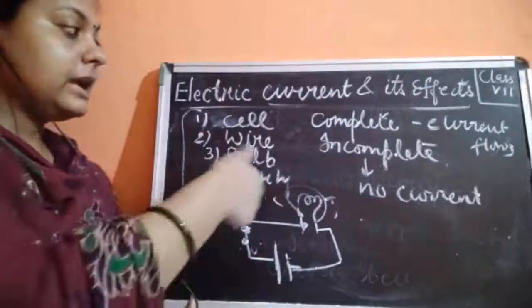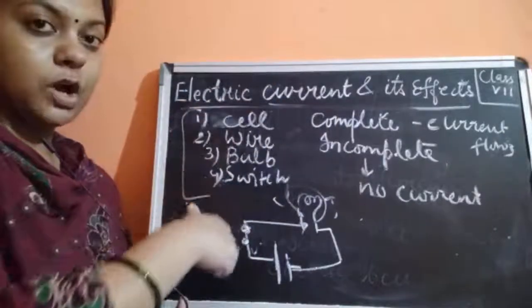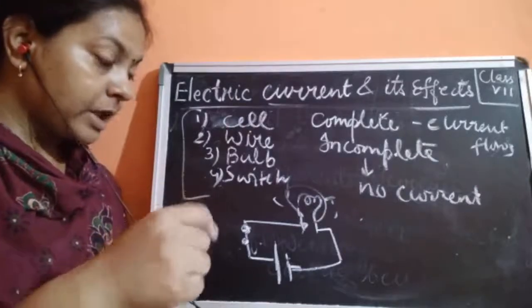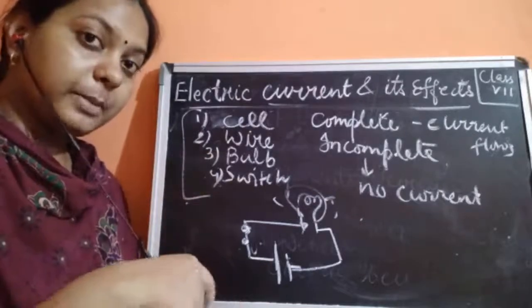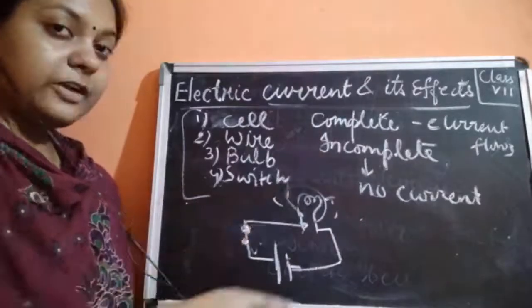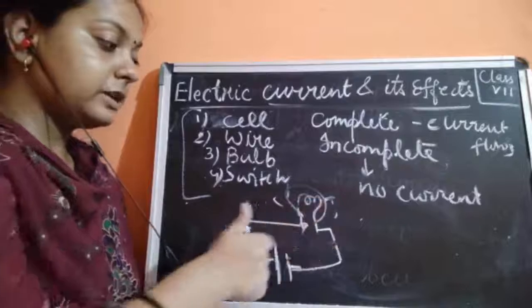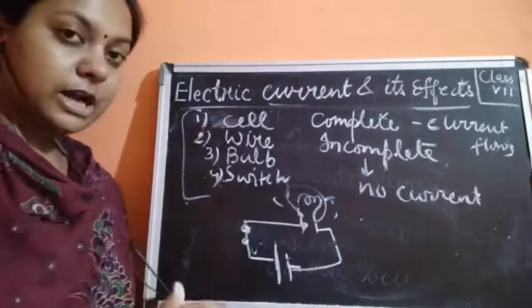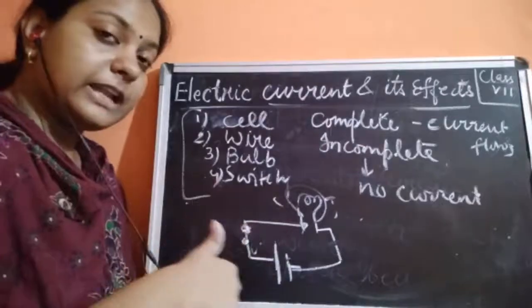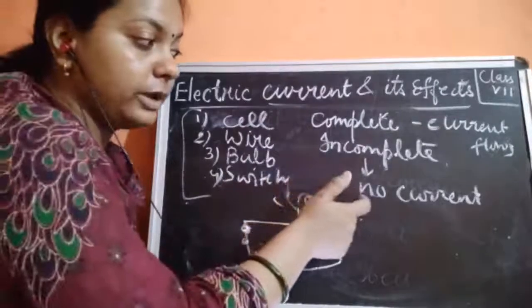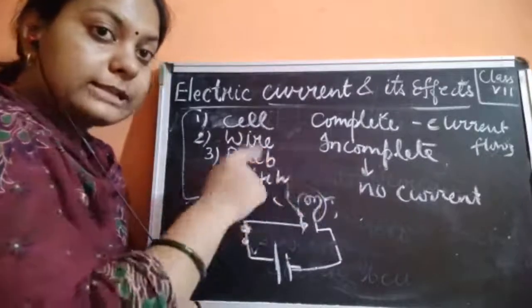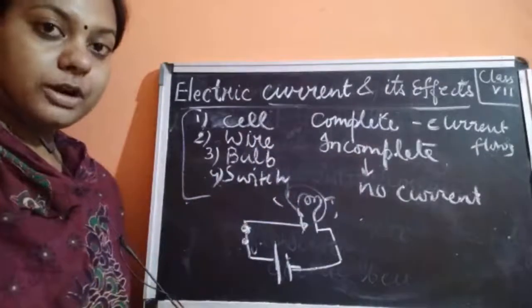Next, what is the meaning of an incomplete circuit? Incomplete circuit means if any one of these components is not present, or the components are present but they are not in working condition. For example, if the wire of the bulb is broken, if the wire of the circuit is broken, or if the battery is not charged, then what happens? Because of any of these reasons, if the current is not flowing, it means it is an incomplete circuit. Fine. Now, for example, the switch is in off condition or in on condition.